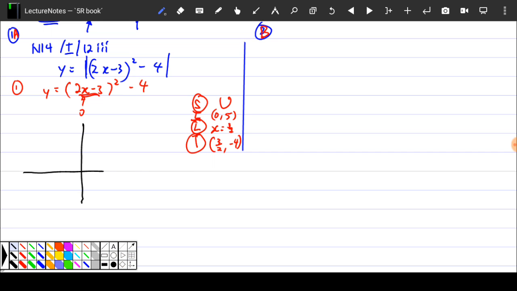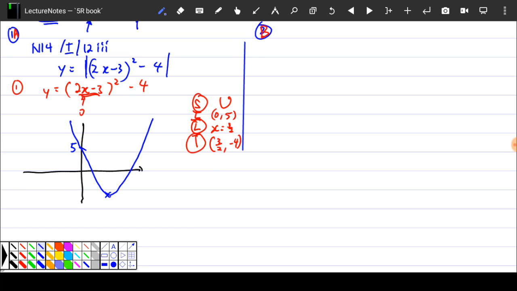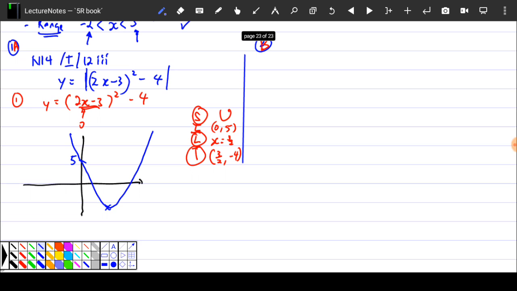I draw the axis, and then I draw the graph. (0, 5), I mark. This is 5. (3 over 2, negative 4), so it's somewhere here. And this is the line of symmetry, so I can go down, then I can go up, like that. Okay? I need to flip. Yeah, I need to flip. So then the next part